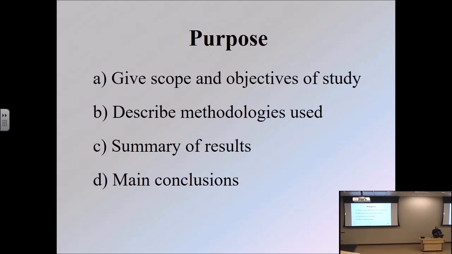So in other words, when I read the abstract, I should have an idea of why this study has occurred. I should have an idea of what you did. Now, obviously, you're not going into great detail, but I should be able to say, oh, they used method X versus method Y. That already tells me the direction that they're going as far as methodology. A summary as in, I should be able to ascertain from the abstract what the results were. Now, not in detail, obviously, but if the study is defined, if proteins XYZ affect transporter ABC, I should know from the abstract whether it does or not.